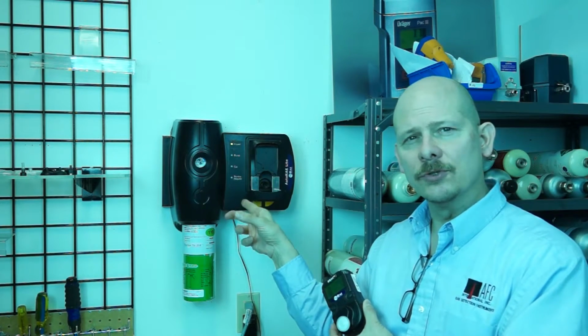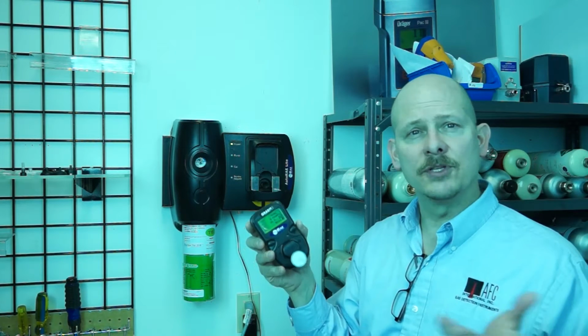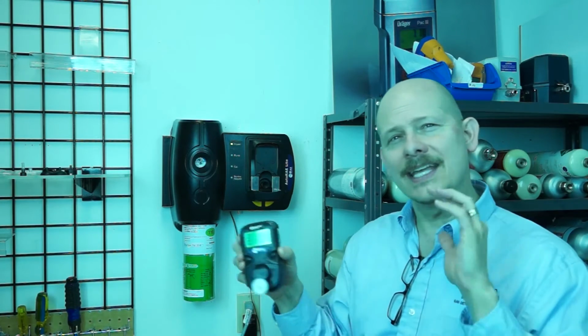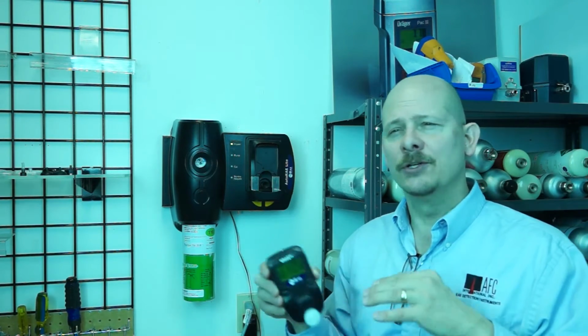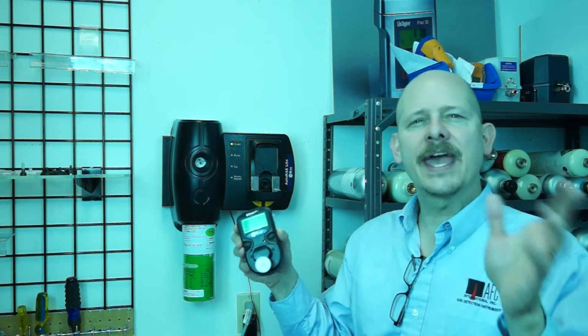But what the AutoRae Lite does is we can configure and program it so that when a worker comes up to do a bump, if it doesn't pass a simple bump test within 20 seconds, it'll then automatically go right into a full calibration. And this is very cool because it doesn't take any other human intervention at all. You don't have to go get a cylinder, you don't have to get the safety professional or an engineer or the calibration guy. All you do is just sit and wait and watch, and the AutoRae Lite system